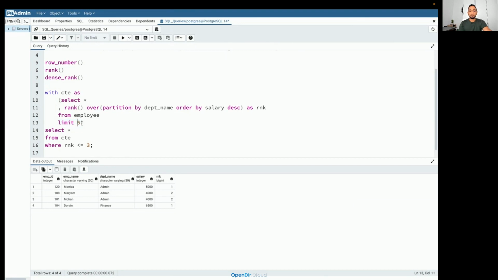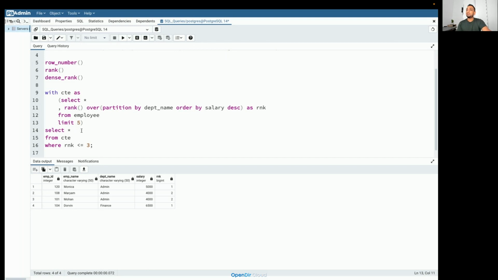But I'm not sure, you can maybe try it in other RDBMS also. A lot of things get supported in PostgreSQL but not supported in other RDBMS. The simple reason is that PostgreSQL is the newest of the RDBMS, and a lot of new features keep getting added to it, but I'm not sure if it is supported in every other RDBMS. Okay, good one. I too learned something, but I don't think I'll ever use this. Not really recommended, but of course you might have some requirement where you need to use it.